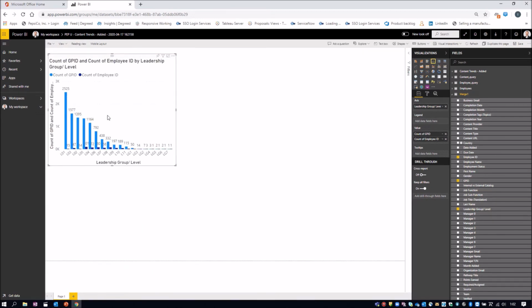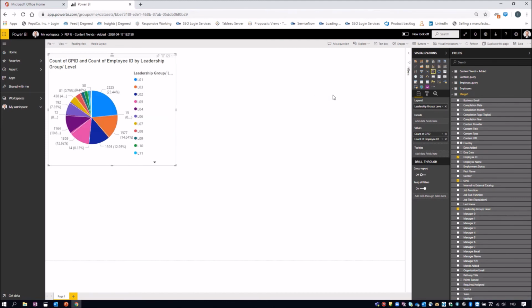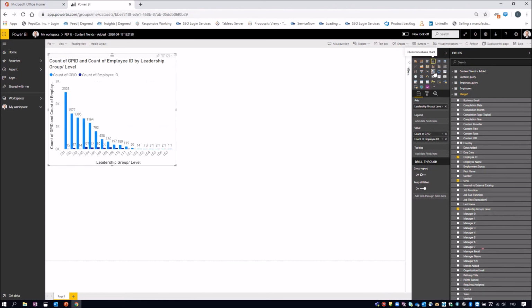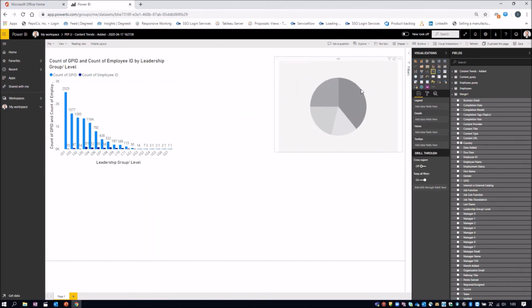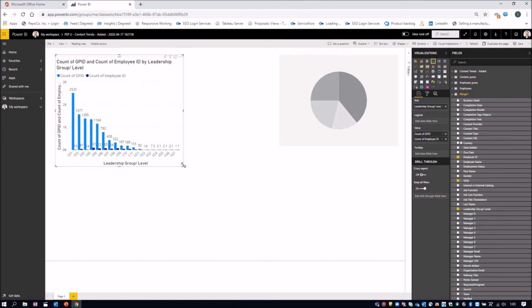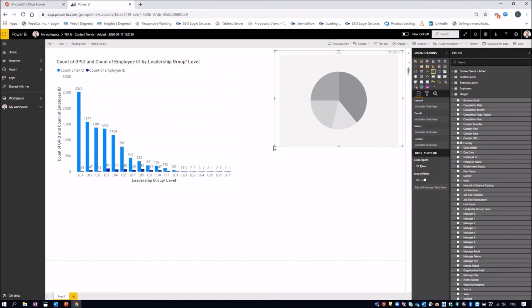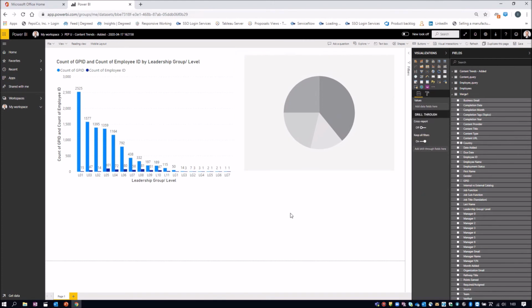The second one I wanted to show you is a pie chart of employees by market. In order to do that, let's choose a pie chart now. Oops, that's not what I wanted to do. Let me click back. Let me click here in the canvas and then pie chart. Okay, I can move them around to wherever I want. I can make this a bit bigger, and this a bit bigger as well.